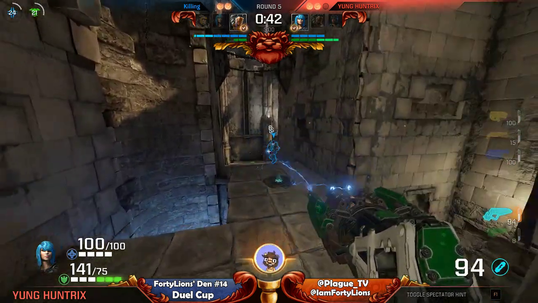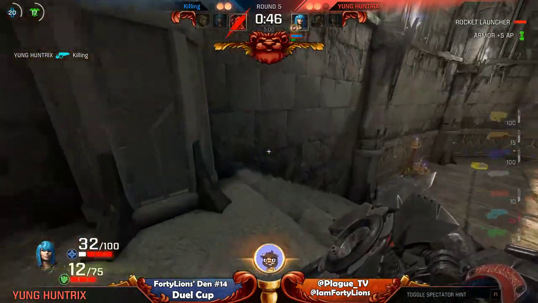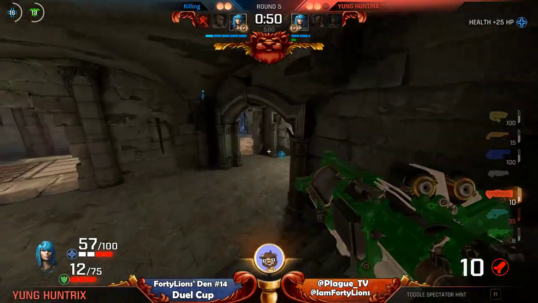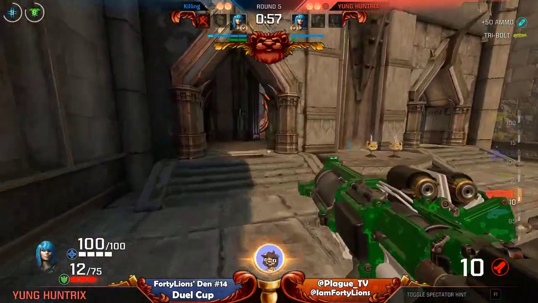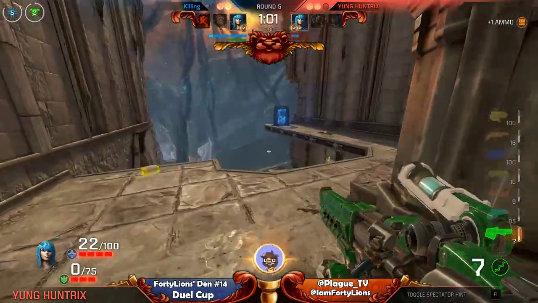Oh wow, Young Huntrix shooting 40% with the LG. Killing shooting 30% with the LG. That's a big difference. Young Huntrix also has about 3 times the amount of damage that Killing does with the LG at this point. Yeah, and I think Huntrix knew that he didn't have LG, set up the trap, and the LG was